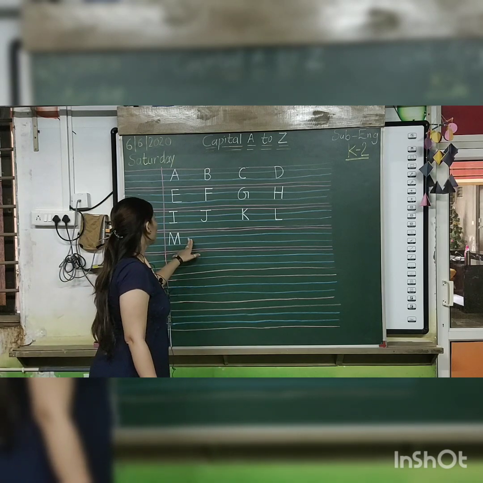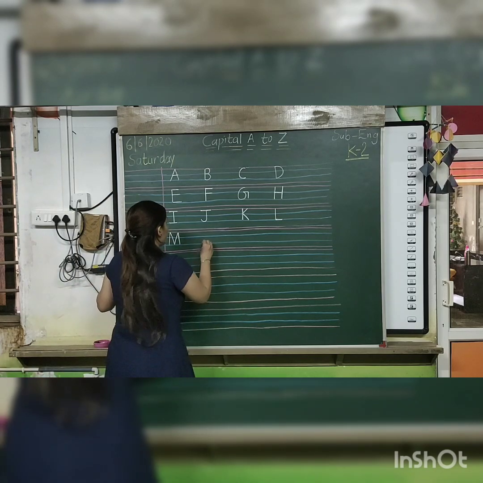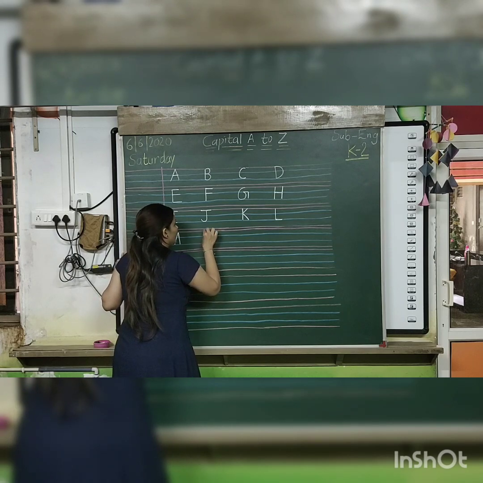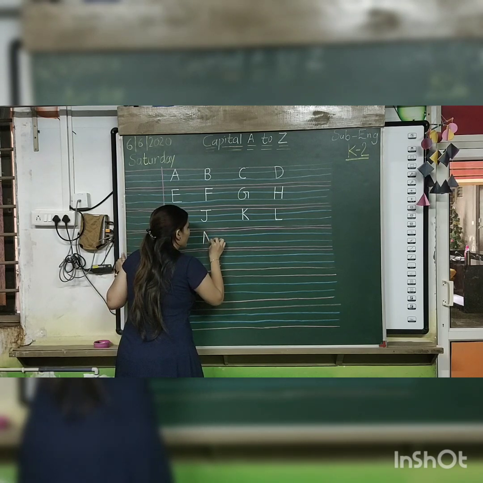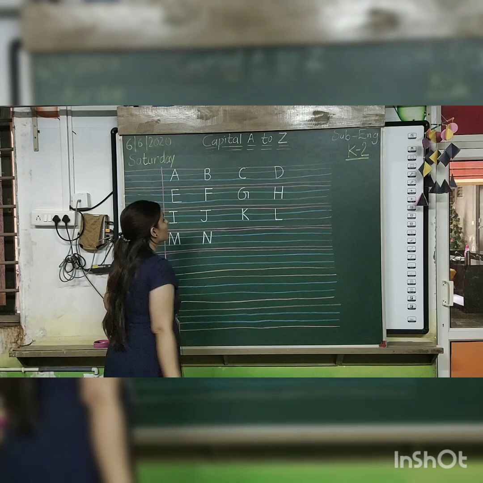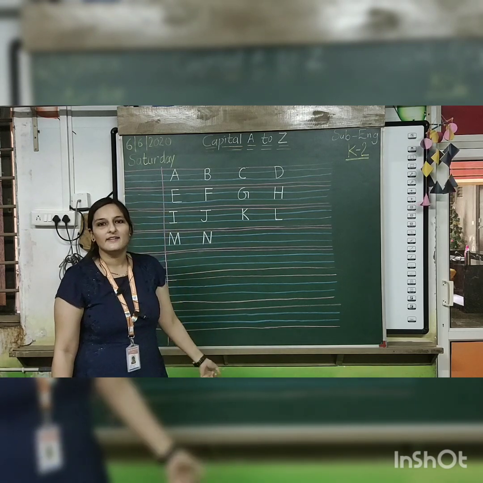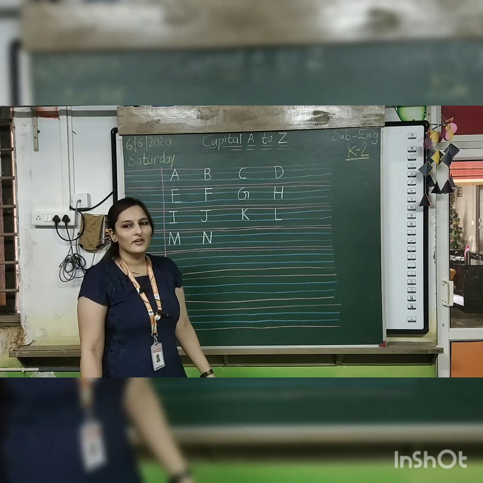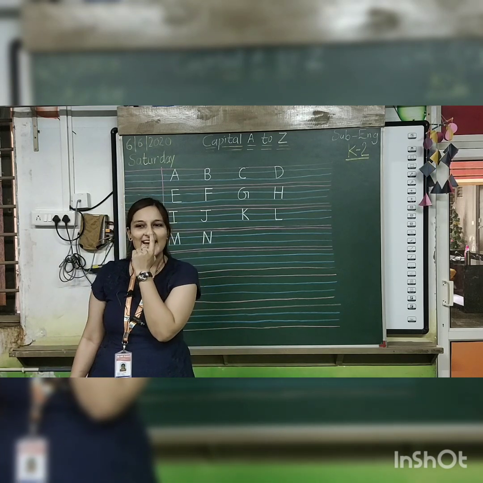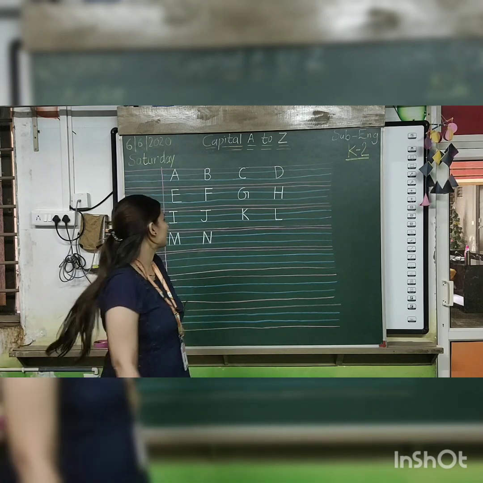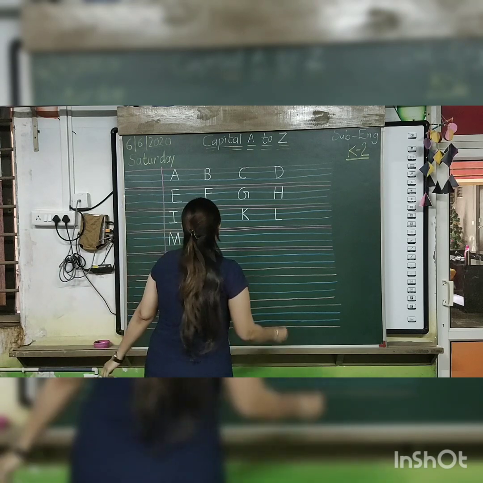Next, leave 2 finger space. Standing, slanting, again standing. What's this? N for nose. All of you show me your nose. Yes, it's there. Next, leave 2 finger space, then write